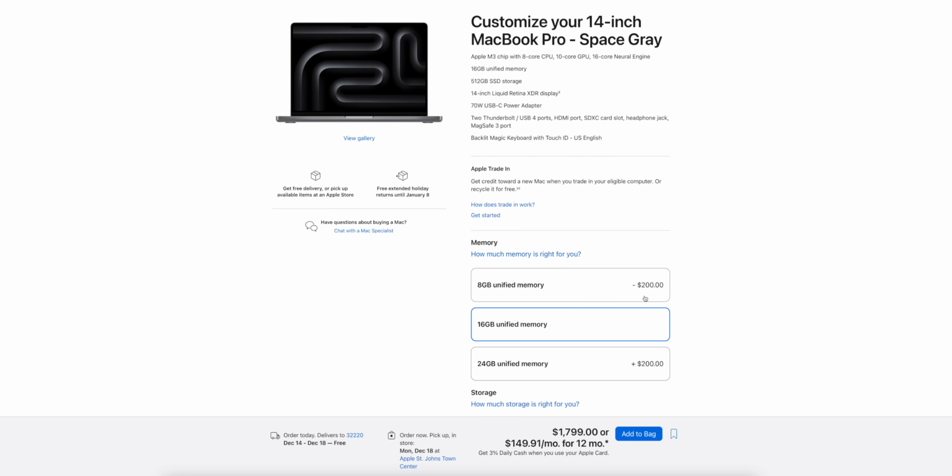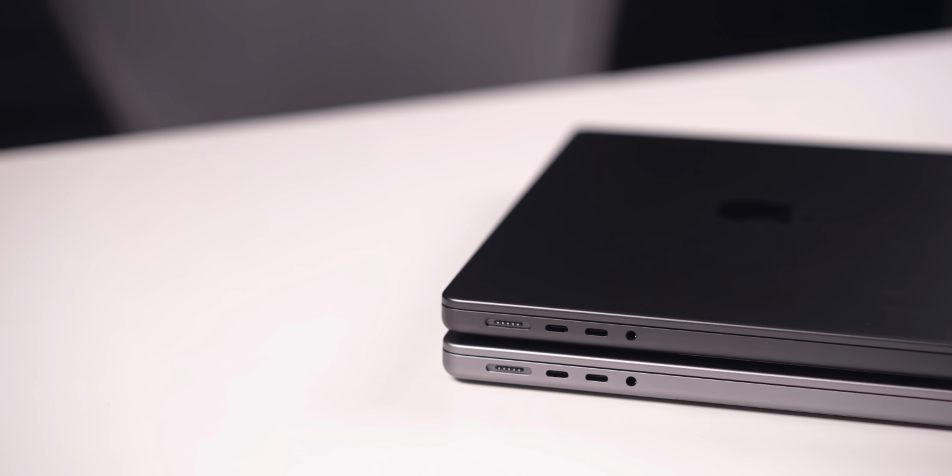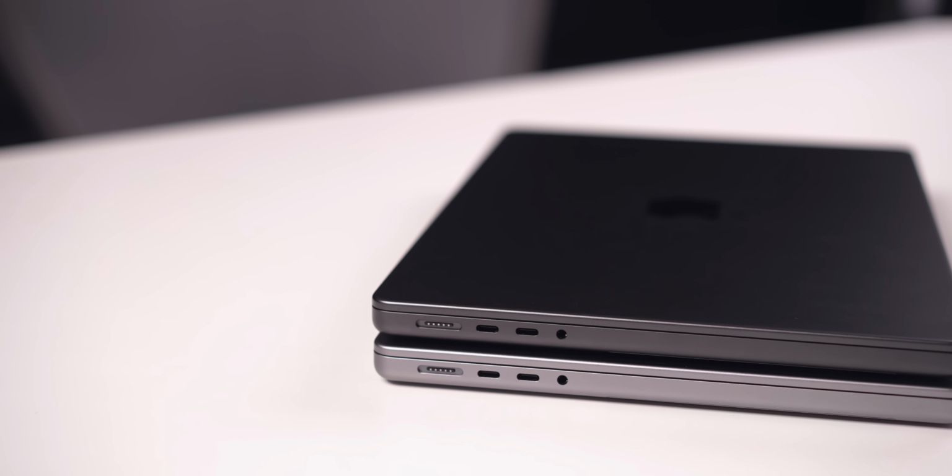So these were cool, and this was also super controversial, mainly for the fact that the M3 MacBook Pro came with 8 gigabytes of RAM. So that was super controversial. Everybody was talking about that. I still feel like 8 gigabytes of RAM is enough when you're buying an entry-level machine. I've talked about that ad nauseum at this point, but nonetheless,